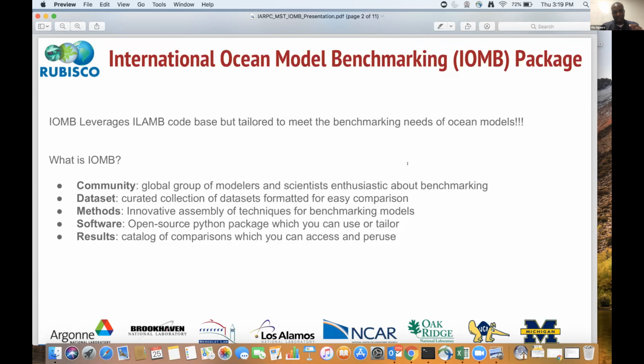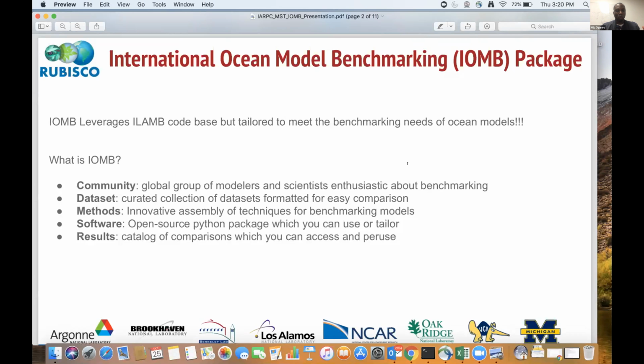Speaking of data sets, we'll be glad to get more data sets from you folks. If you have any data set that we could use to evaluate marine ecosystem in the Arctic, it would be great to incorporate them into IOMB.